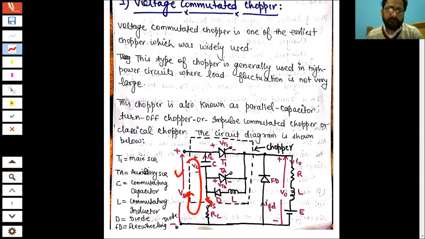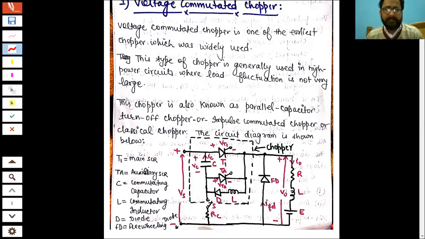So current will flow from the plus terminal, through the capacitor, the switch and RC, and to the negative terminal of the supply. That is why this capacitor will charge with a voltage VC, with upper plate positive and lower plate negative. This is one way to have the capacitor initially charged with a voltage VC, right? The second way, or the second reason, that we can have this capacitor charged with a voltage VC is that